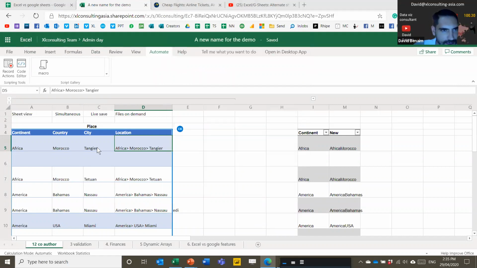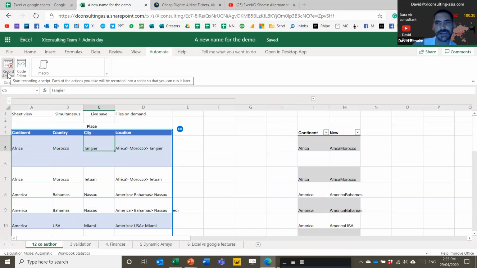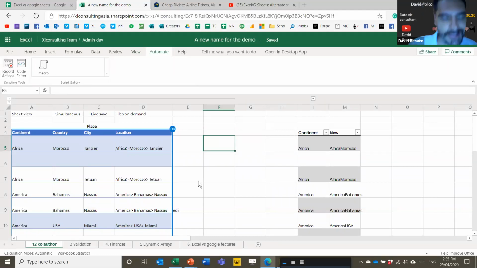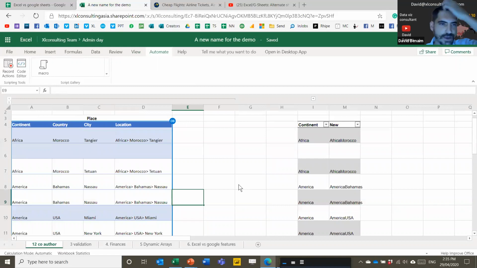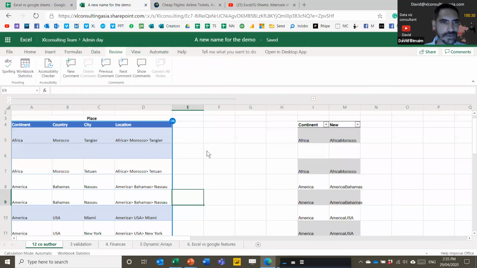All right, one thing. Excel Online is actually releasing some features not on desktop. For example, they have an automate tab with ways to record actions. This is similar to Excel Desktop's macro function, but it uses a whole new coding language called Office Scripts. So if you want to learn more about that, there are lots of online resources. I personally don't find it's quite sophisticated enough, so I don't really like using Excel Online for now. But I appreciate what they're doing, and I know that it's always improving.